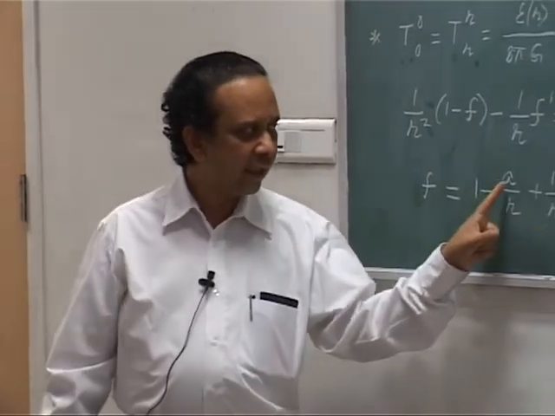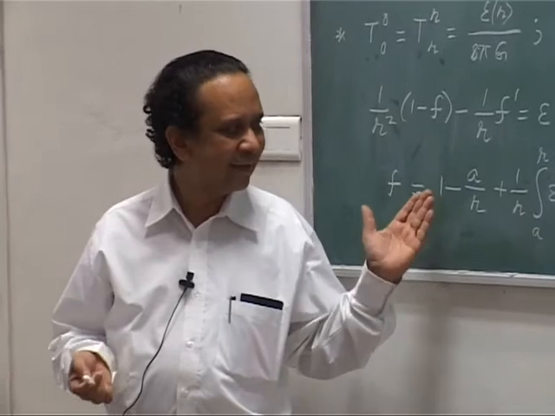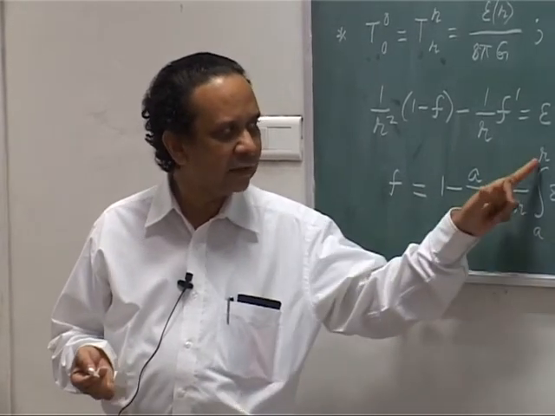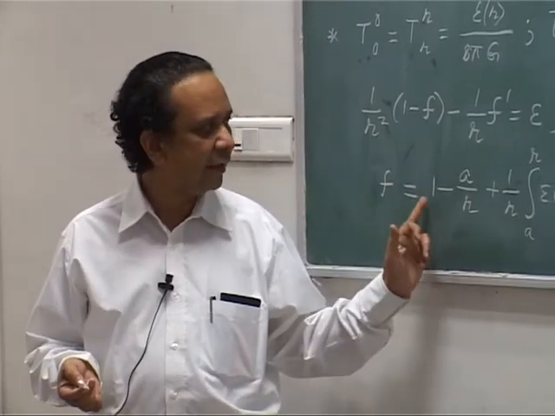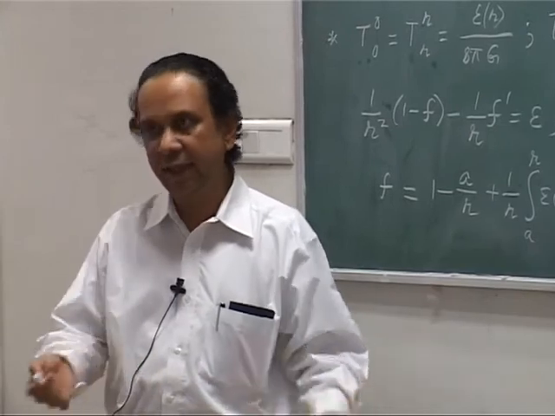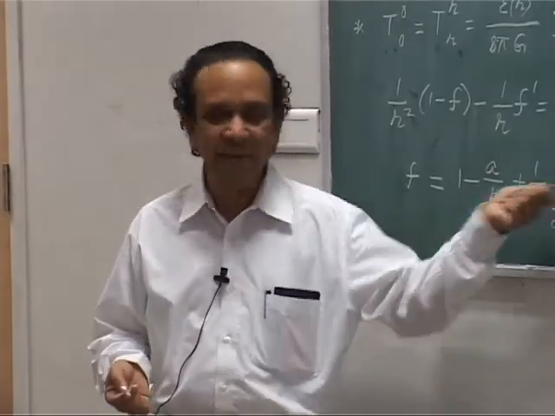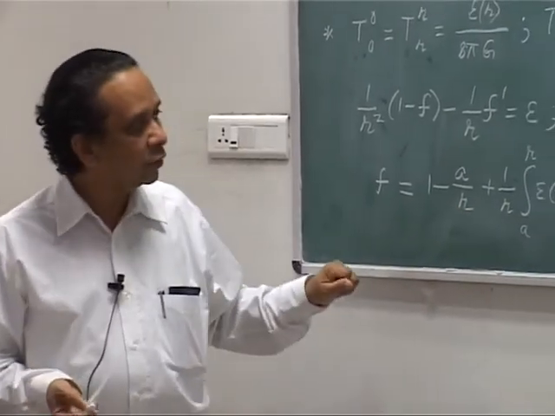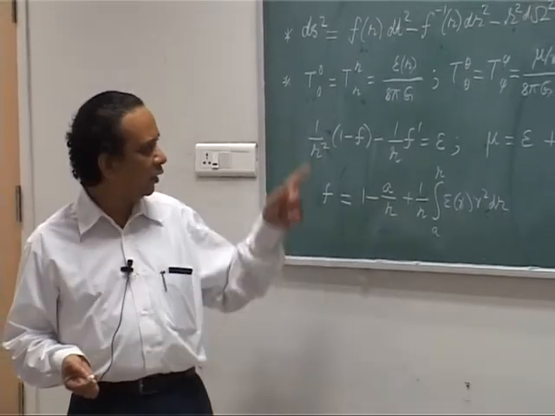There is just one integration constant a, and you could have chosen it in any number of ways. It is done in such a way that when r is equal to a, f vanishes. So at r is equal to a, this will cancel out, and the integral also vanishes. It is just a normalization. I could have chosen any other way of doing it. There is one arbitrary constant hanging around in the problem, which can just be shifted out. Okay. So if epsilon goes to 0, it is just 1 minus a by r. That you can immediately check.